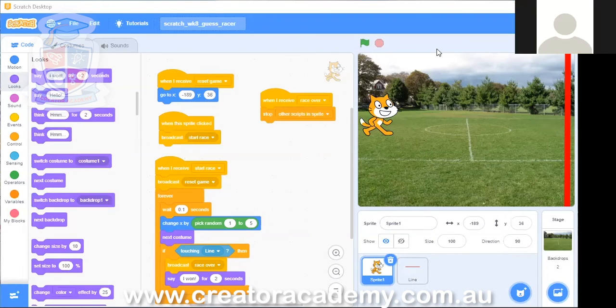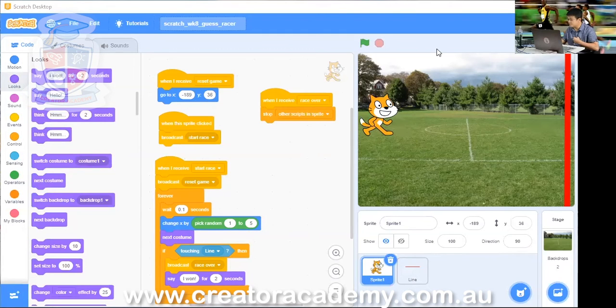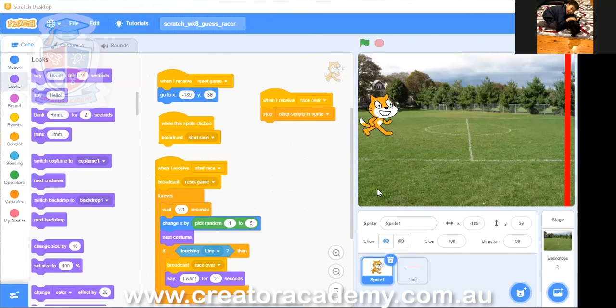Yuan, do you have an idea? Yes. Maybe you could just not copy all of them, just copy a little bit of them. Well, that's a good suggestion, Yuan, but unfortunately we need every bit of this code for all our races, otherwise they won't be able to do the race. So Ethan, what's your idea?